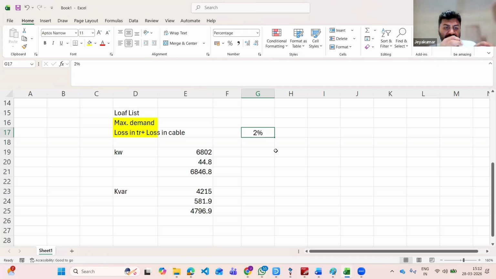People don't like to waste energy. So too much loss is also not good. What is the minimum loss that we can achieve? That's what you need to look at. That is why renewable companies and solar companies are very concerned about these losses actually. It has to be minimized as